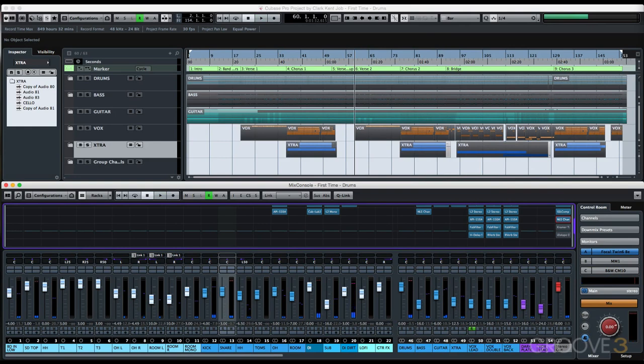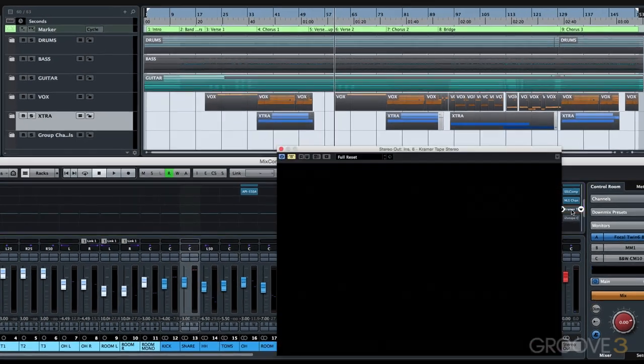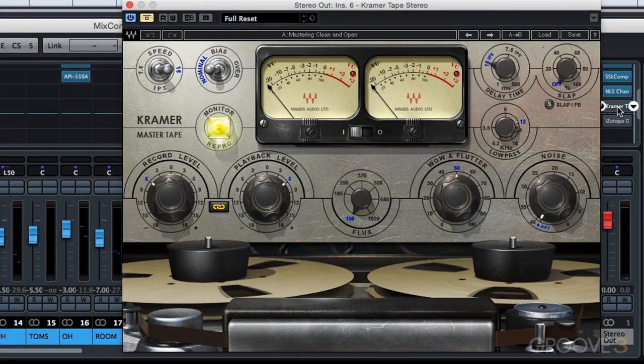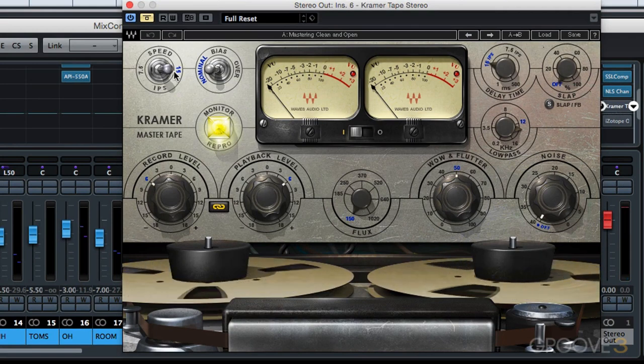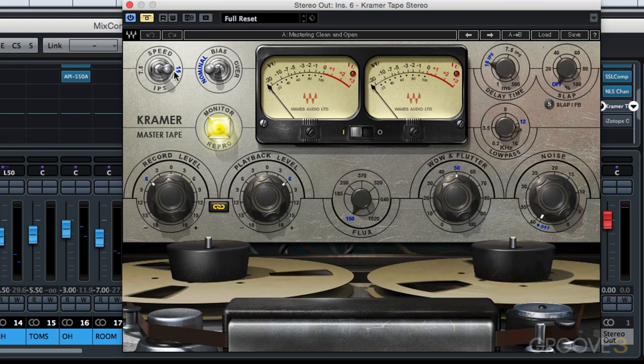After the NLS channel strip is another plugin that does something similar. That's the Waves Kramer Master Tape, a tape machine emulator. Of note here is the 15 IPS tape speed setting, which is known for its punchy sound and full low end. Many times people tend to drive the tape levels fairly hard with these sorts of plugins, but interestingly, Miko